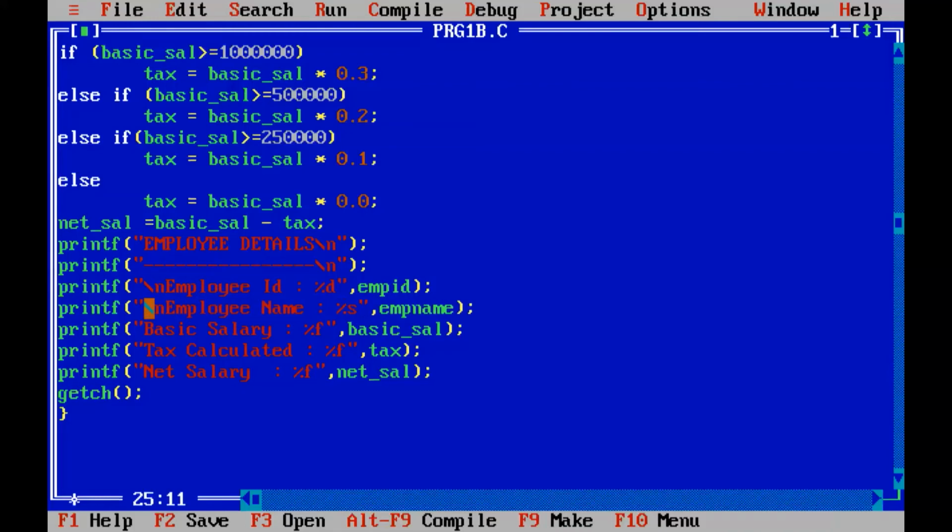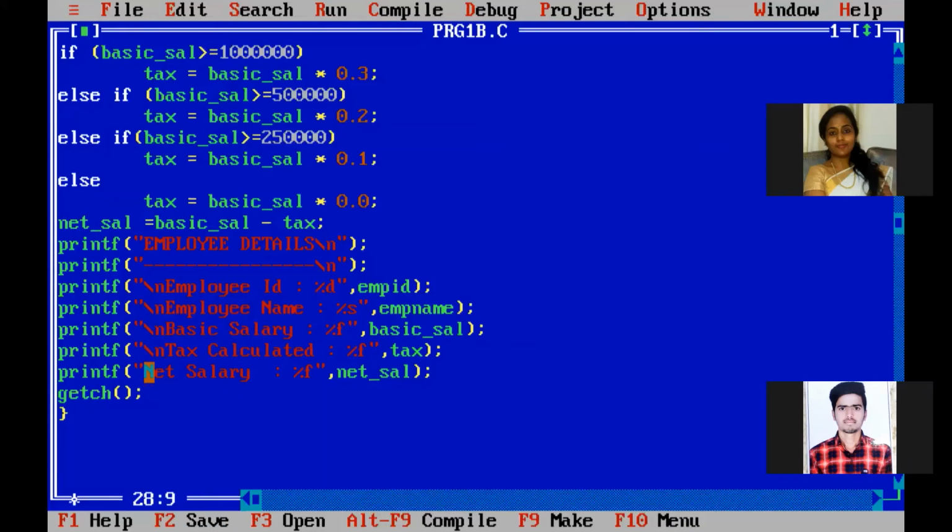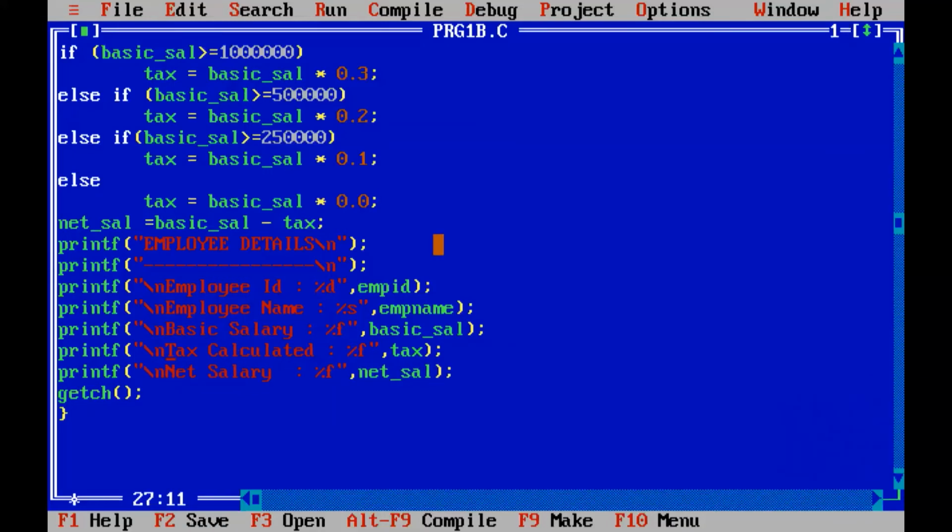So here we can give it so that you will not make a mistake. Otherwise, the format specifier along with the new line character, you will create a mistake. That's why I'm giving it here. Okay. Either in the beginning or at the end. So it will be printed in the next line. That's it. So some formatting I have done.